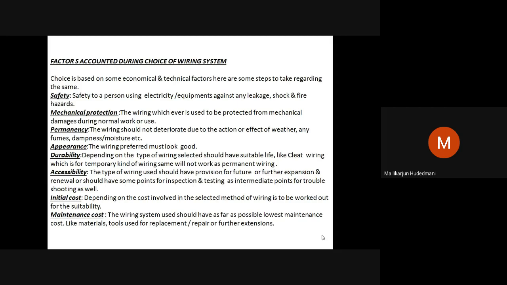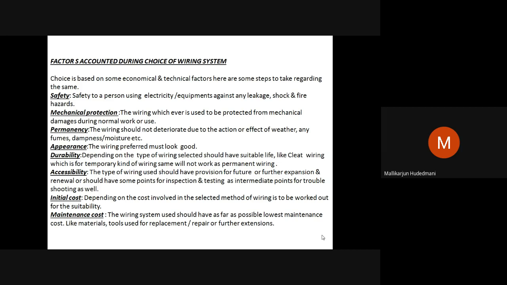So those equipment and wiring, which I practice when I'm constructing a house, and when I complete the house, the finishing is done, I open the house and move into it, then I'll be using that facility or comfort in my life. So that mechanical protection, that component should not fail immediately. During switching on, it should not break and get damaged automatically. It should have a life.